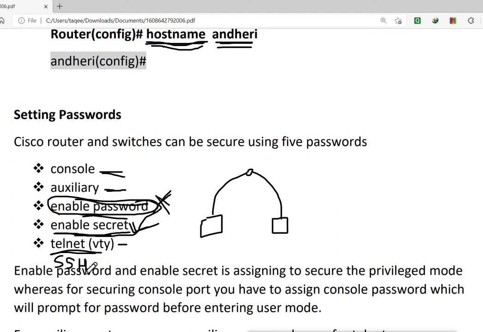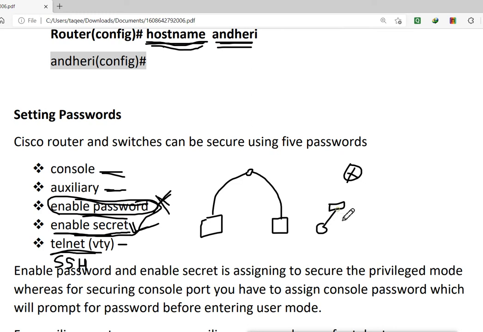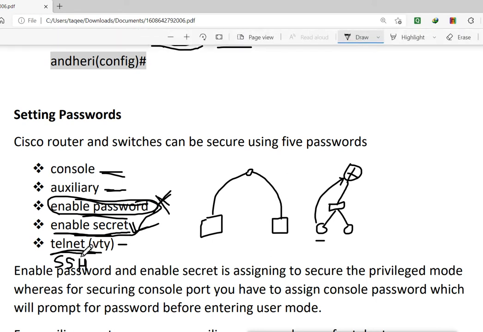That means your router is connected through the network, you are also connected to the same network, and the router is configured with IP addresses, so you can ping the router. Then you can use telnet or SSH to log into the router, just like we use the console or auxiliary port.